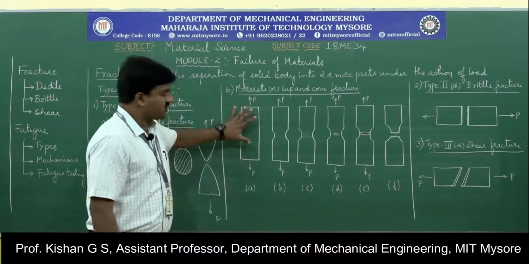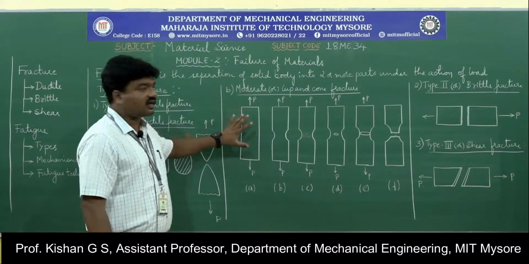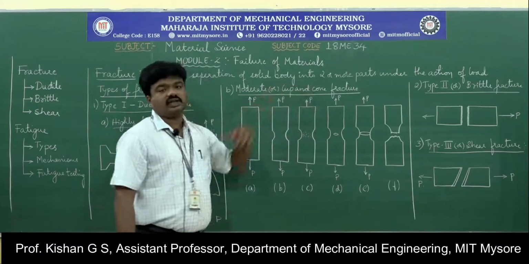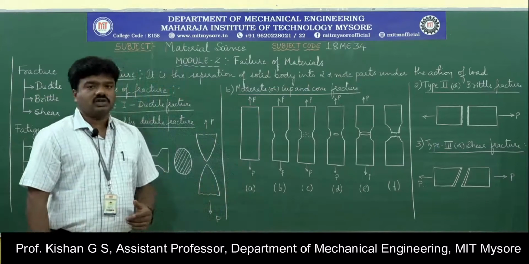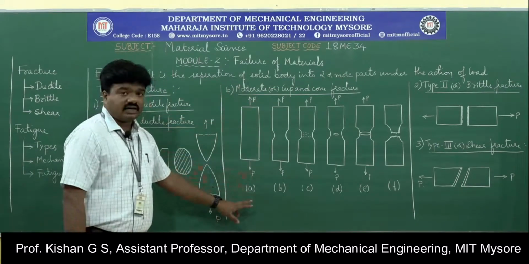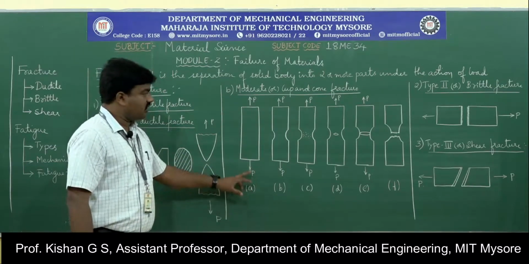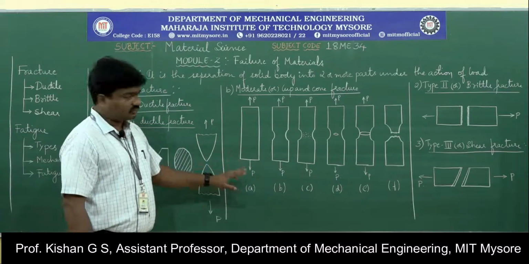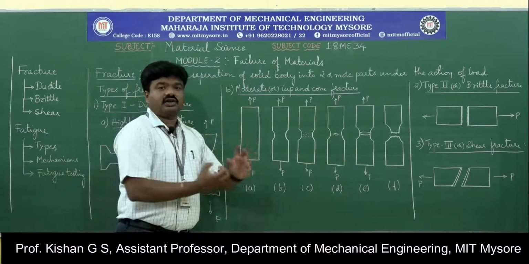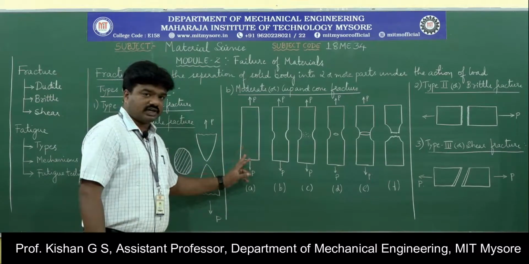So once the material is subjected to tensile loading condition, we are going to assess the material at different stages under the heading called as cup and cone fracture. So how do we go with the different stages? See, stage A is a standard material or a test specimen which is subjected to the load called as P here. Upon increasing the load over the same test specimen which is at position A or stage A, there